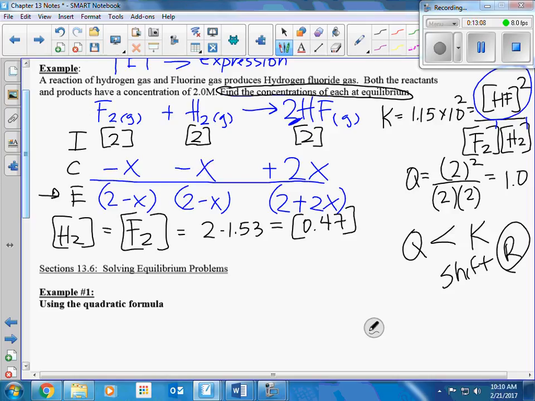All right, so that's my reactants. And then on my product side, my concentration of hydrogen fluoride is 2 plus 2 times 1.53, and I got that to be